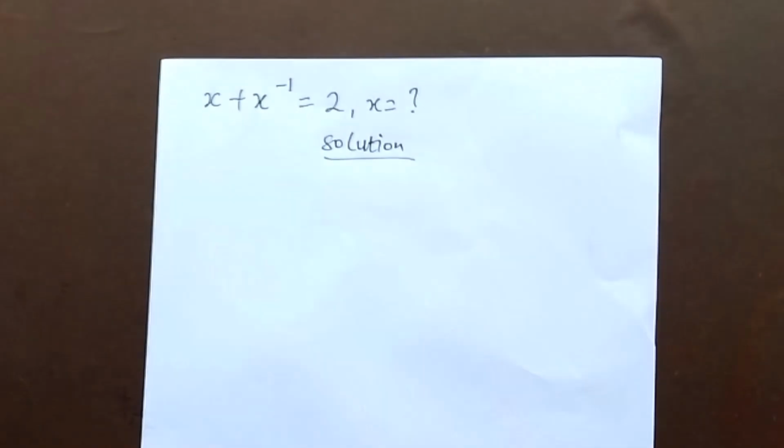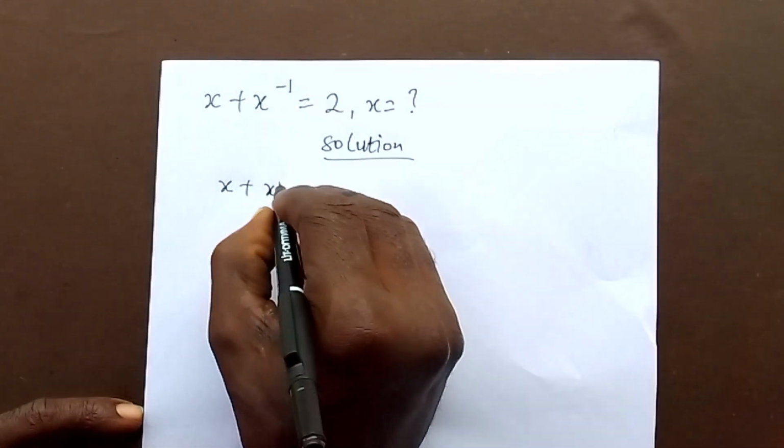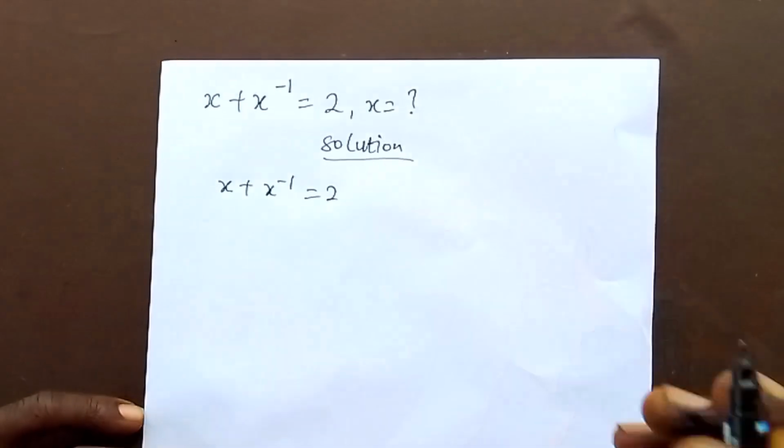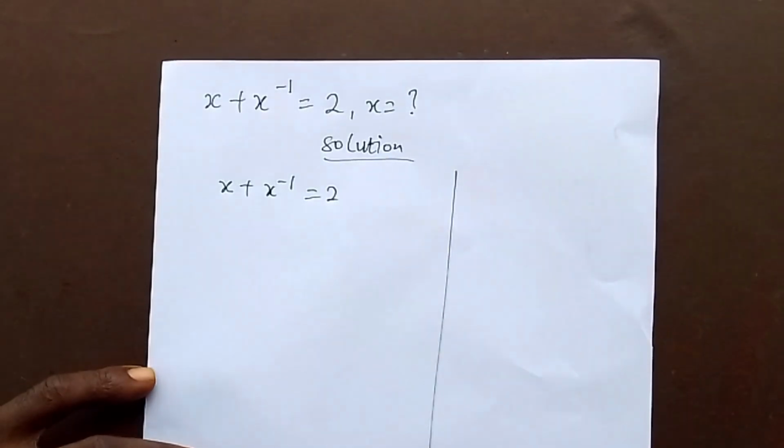Solution. Given that x plus x to the power minus 1 equals 2, we want to find x. From